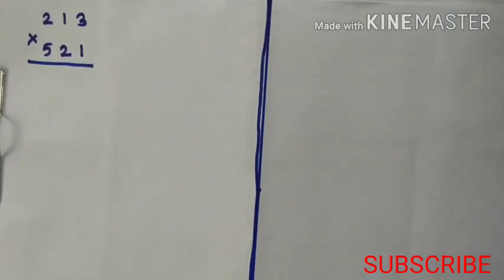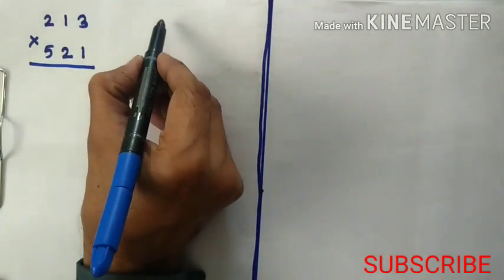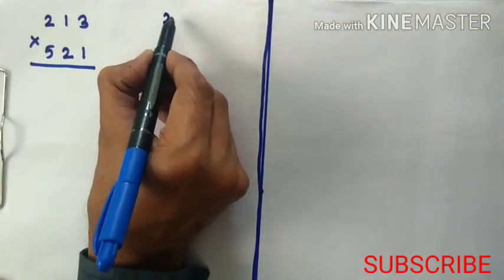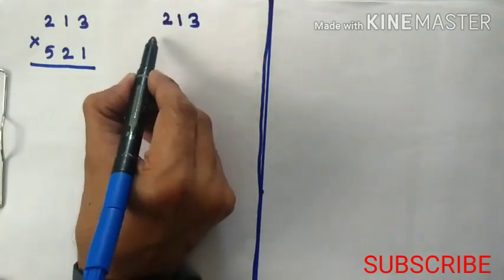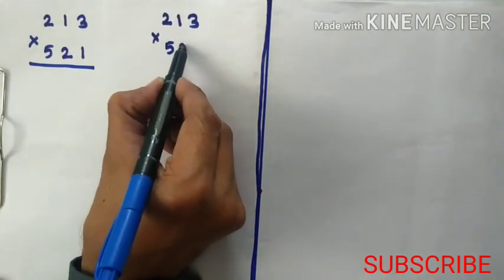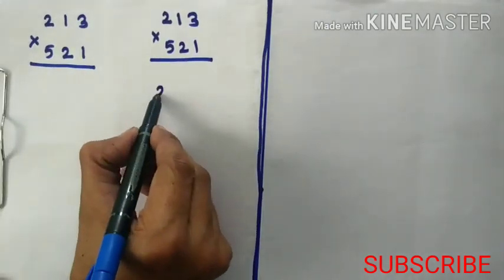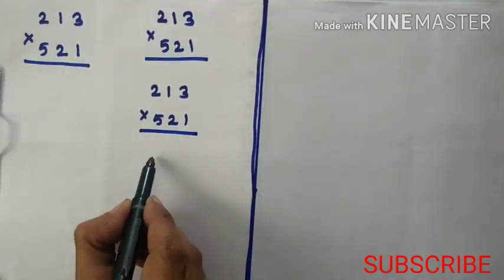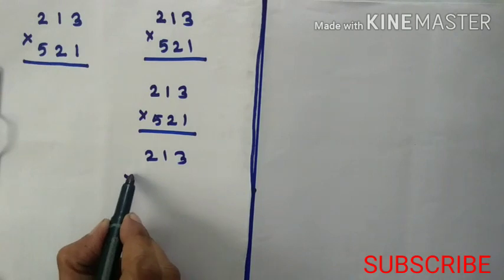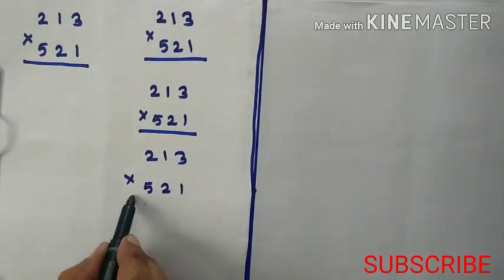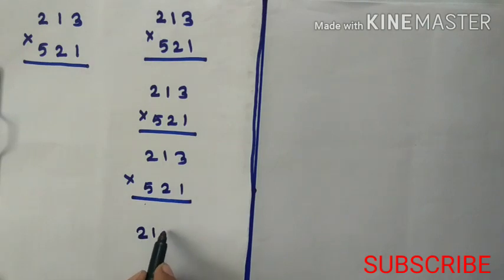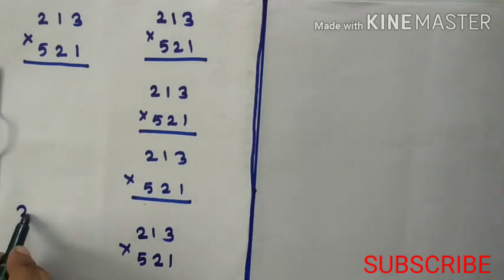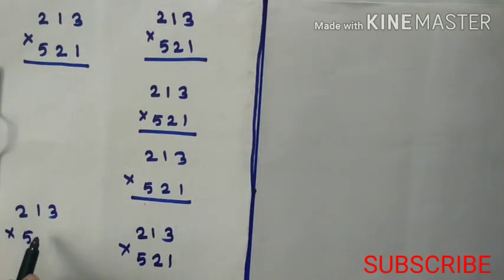Now I am writing the same question for your better understanding. 213 into 521. First step,